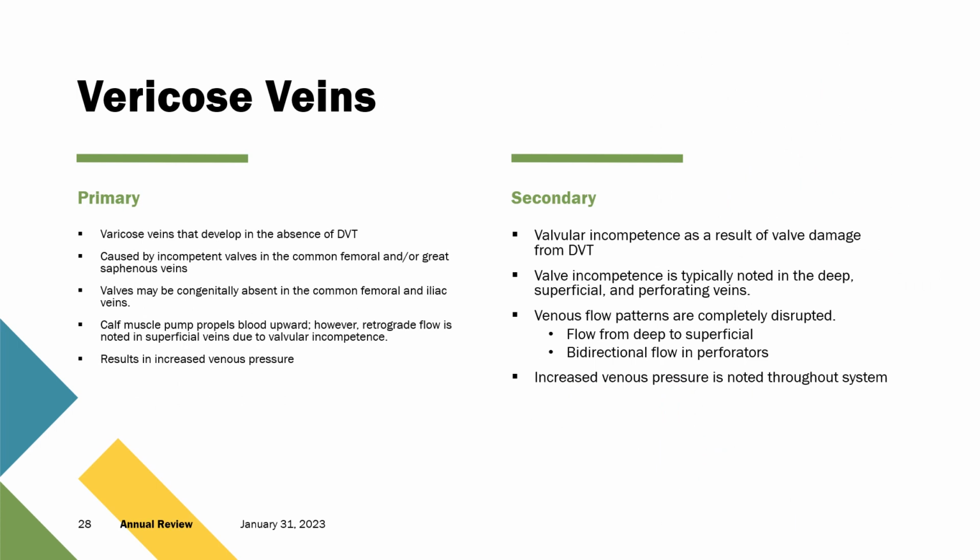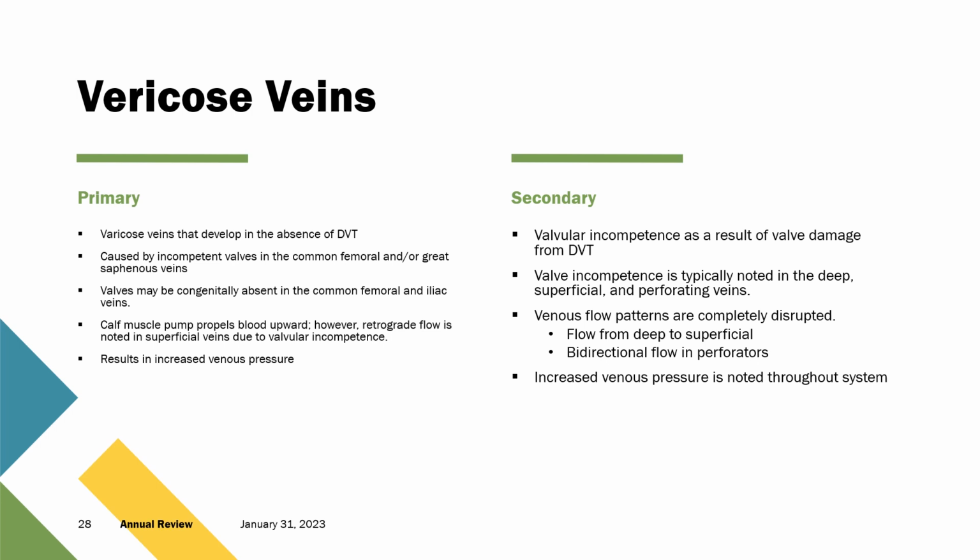Now, if we have a failure of our valves, we can experience varicose veins. Varicose veins develop in a couple of different ways. The primary way is when they develop in the absence of a DVT. So you're healthy, you don't have a DVT, but maybe you have some valves failing, so you're getting a lot of blood flow,